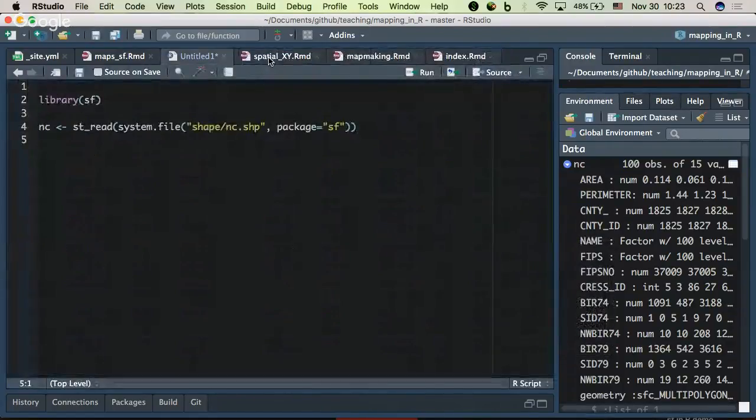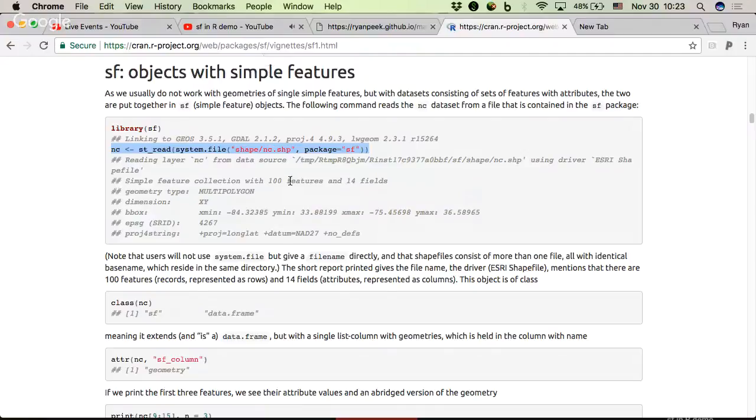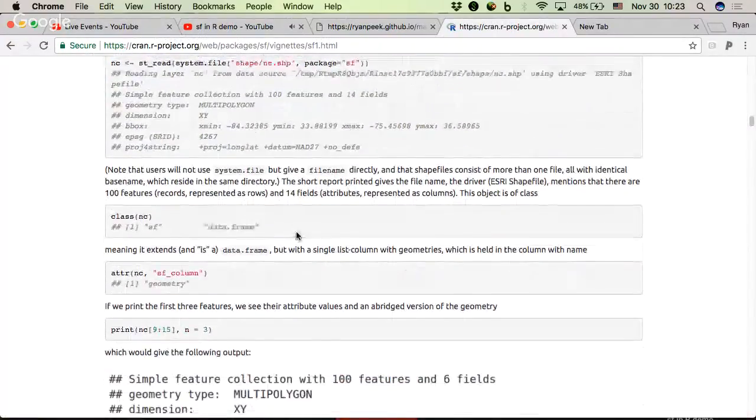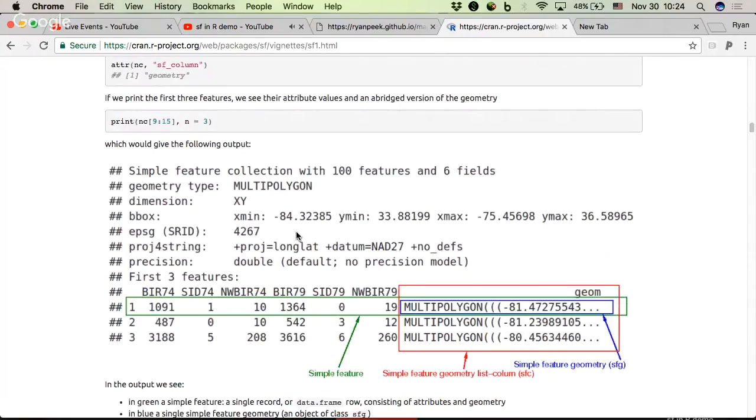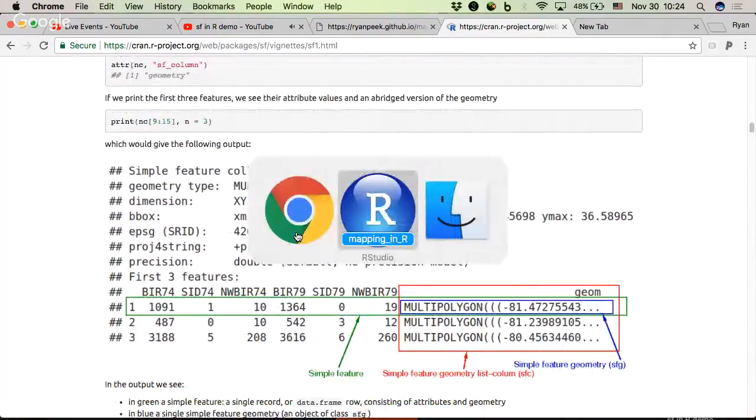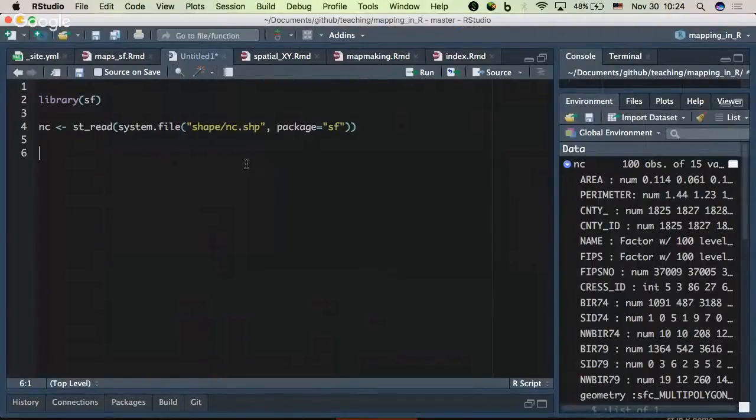Okay, so let's go back to that vignette. This gives a few other commands that you can pull the sort of information out if you want. It just shows that it's a data frame, what the attribute of the list column is, and it's a geometry type. And if you're ever interested and you want to know that metadata again, you can always just type in summary NC, and it will give you